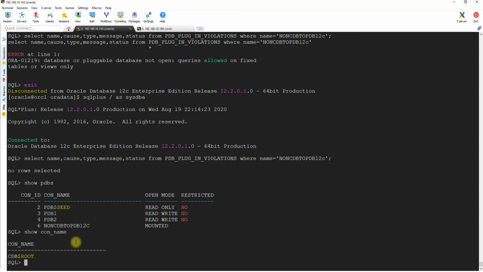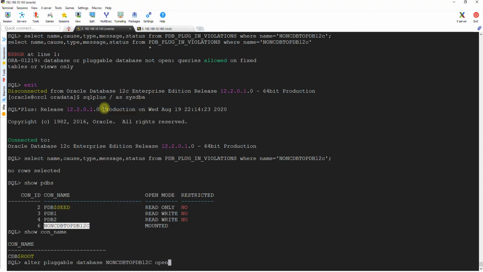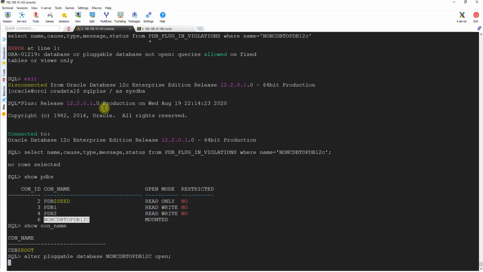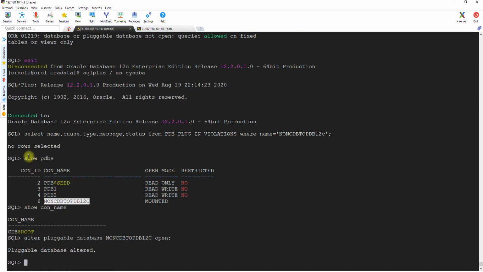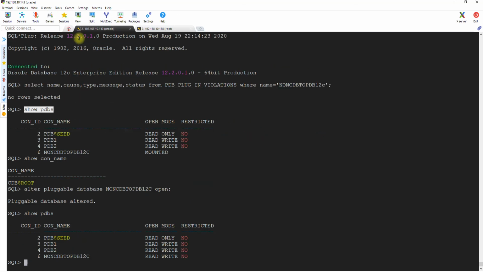So let's alter pluggable database, the database name, open. Let's wait for it to open. Perfect. And then run this. Good.